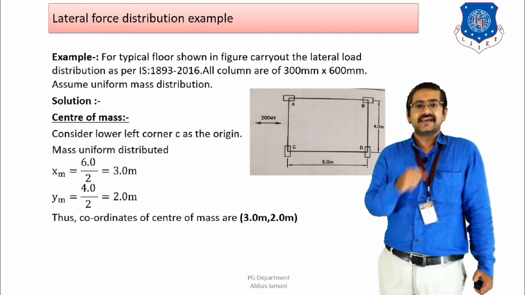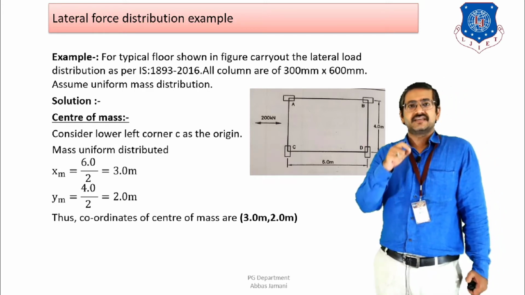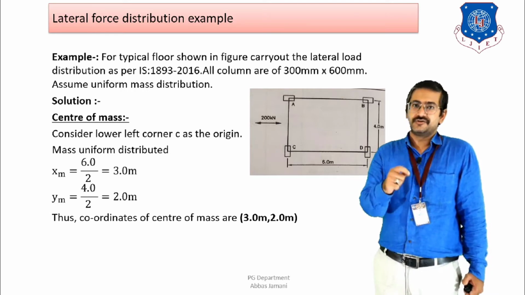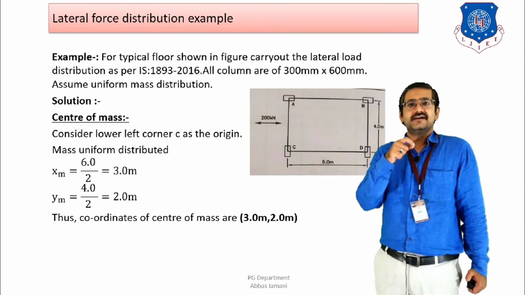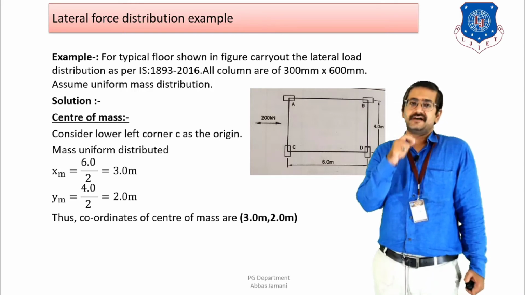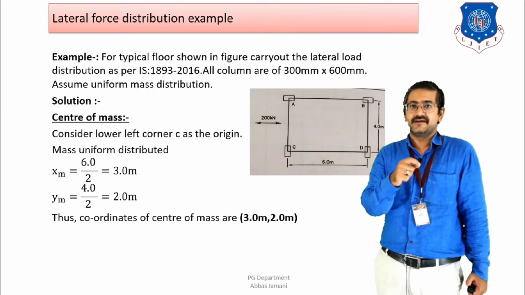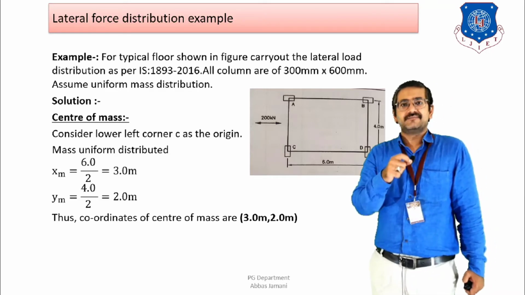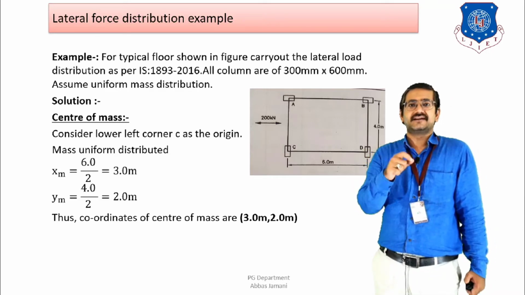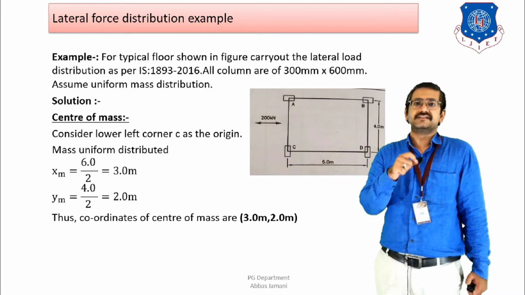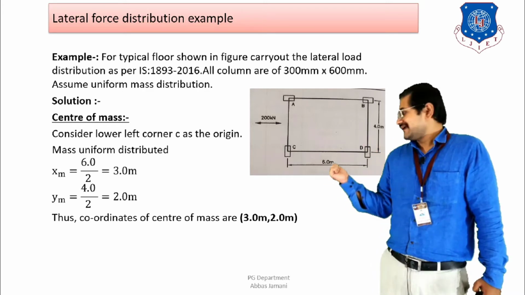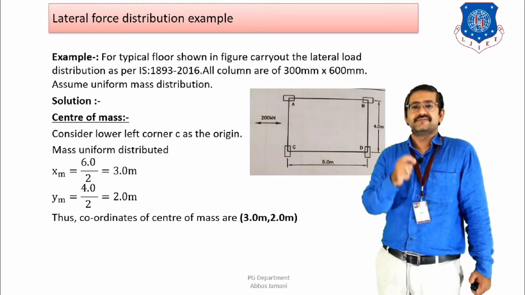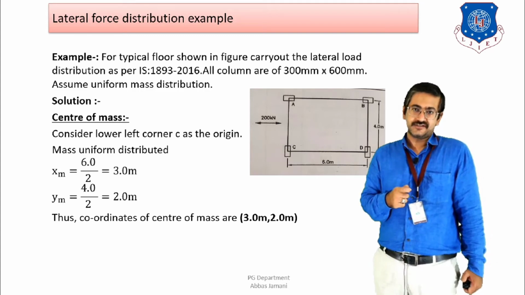Again, the concept of center of mass and center of stiffness that we have seen in the earlier example is going to remain the same. I hope that you are now well accustomed with the calculation of center of mass and center of stiffness, because that is required to solve this example. Just like in the previous example, where we selected a certain point as origin and started our calculation from it, here also I am selecting the point C, the left bottommost corner, as the point of origin, or 0, 0 point.